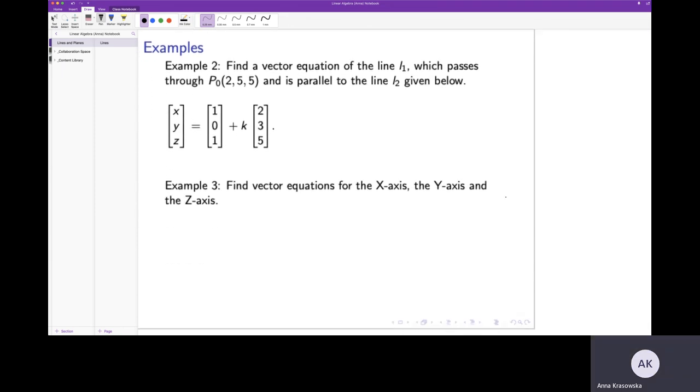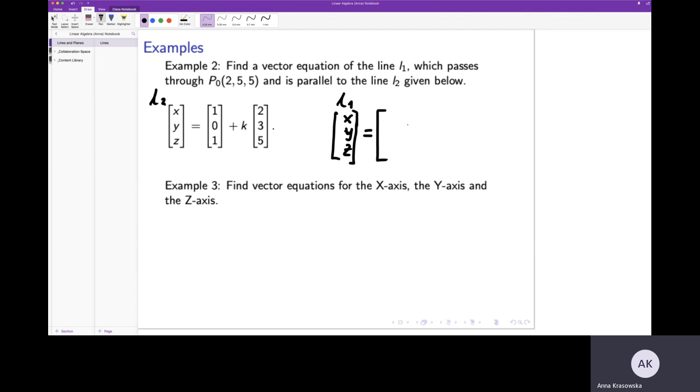Okay. Another example that we will do together will be: find a vector equation of the line L1, which passes through point P0 (2, 5, 5) and is parallel to the line L2 given below. So I gave names for the 2 lines. This line is L2, and we're looking for the equation for line L1. So we are looking for the x, y, z